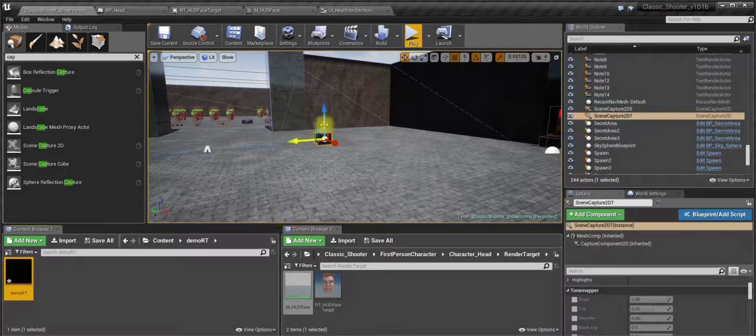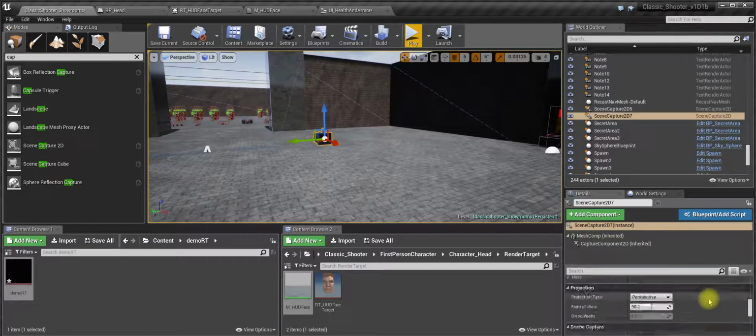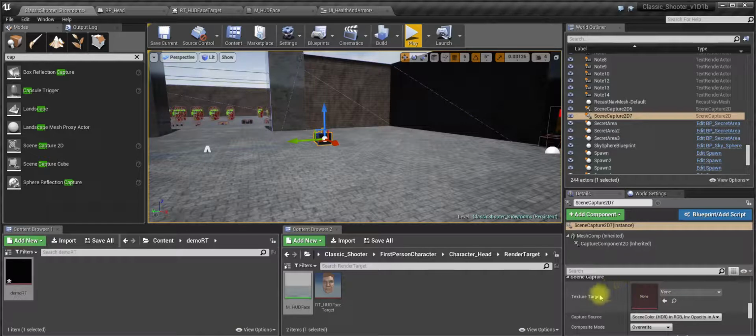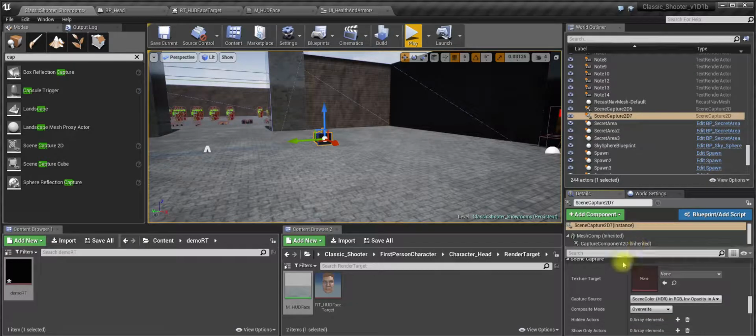And here we select our Scene Capture 2D camera, and you see under details it has Scene Capture, texture target. We drag that here, and you can see we have the imagery there,